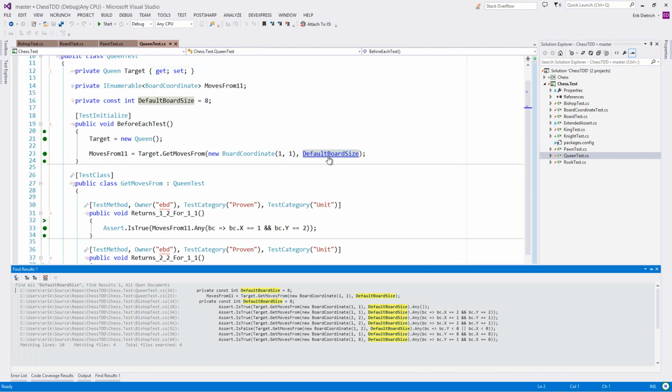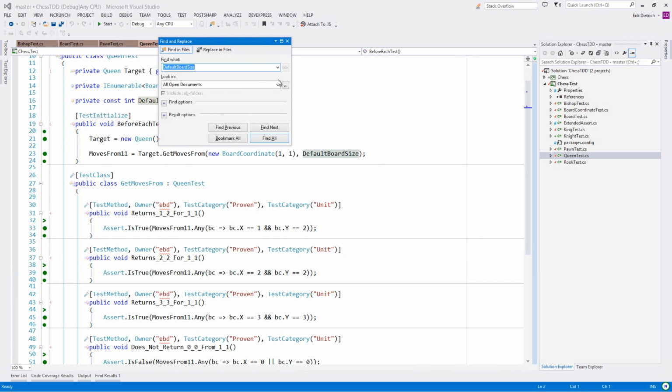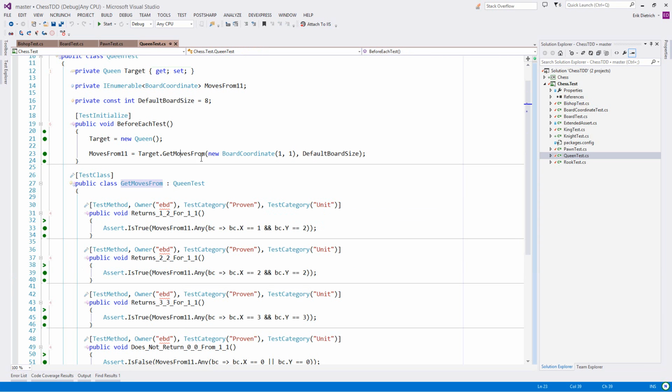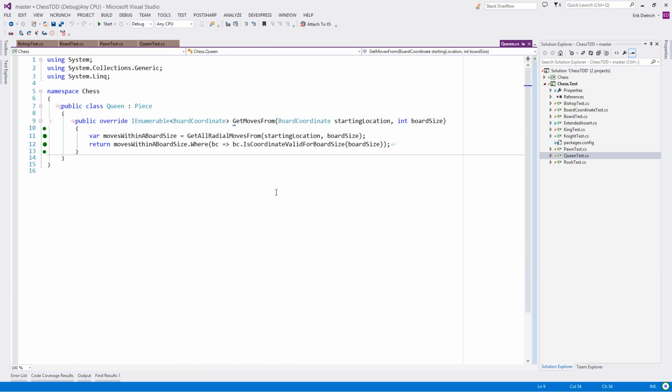You might not view this as a problem, but I do. I ruthlessly eliminate duplication. And the fact that in all these different test classes there's this local constant called default board size is a problem because, yeah, it's not real likely to happen given what we all know about chess, but you ask yourself a question like, well, what if we wanted to change the default board size at some point? You don't want the answer to that what if to be, well, I'd open a bunch